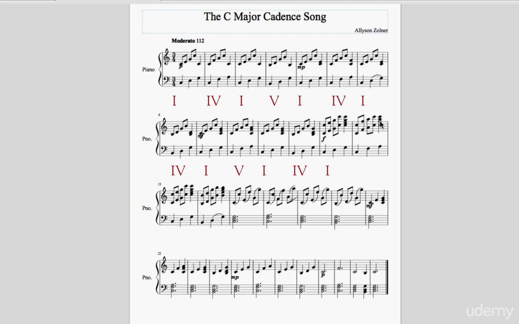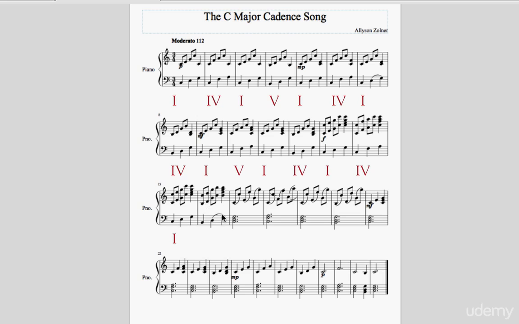Same deal here. Here we can see our root position up there with an F as the root. So there's a 4 chord again. Same thing here. Here's our C. So that's a 1 chord. Here is our,